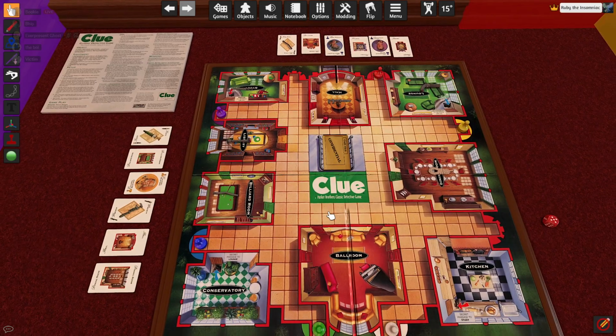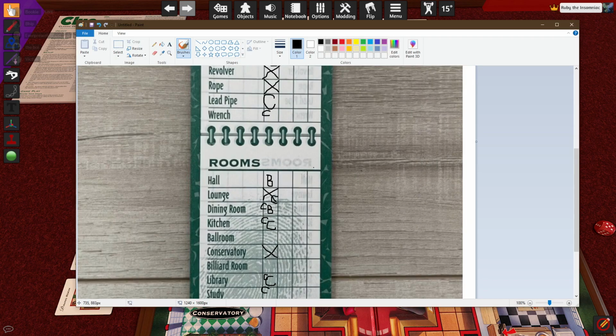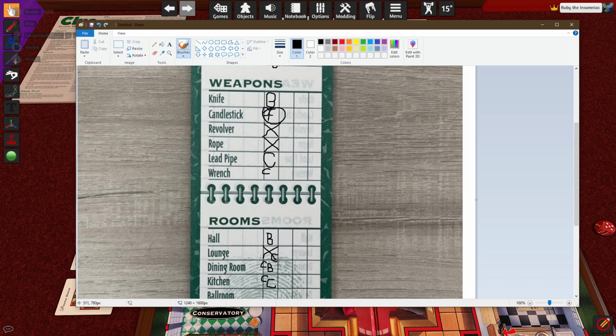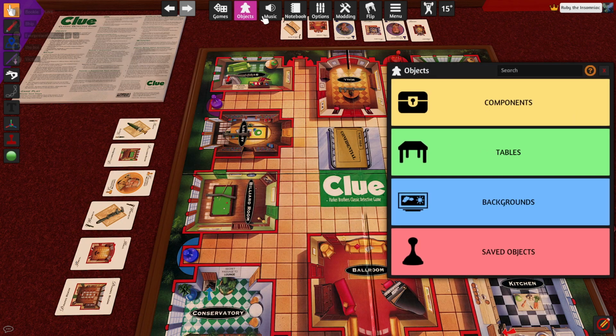So they ask, oh, something, something, something. At this point, you only need to confirm ballroom, billiard room, or study. Those are the last three you need to confirm. The rest are already known. So yeah, basically,